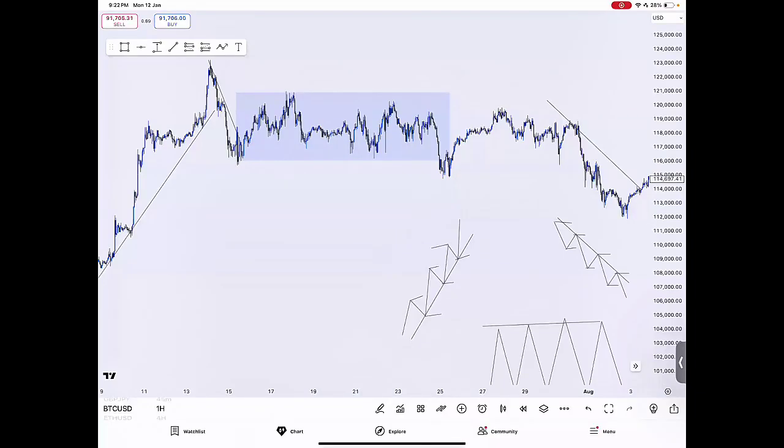What do we actually pay attention to when we're dealing with the structure part of our strategy? There are two concepts that we pay attention to when it comes to dealing with the structure part of this strategy. The first one is the concept of